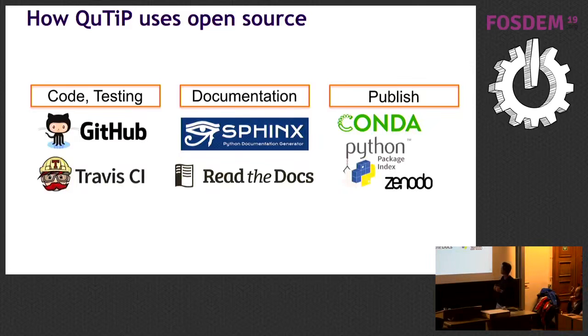Oh, sorry. And then we use Conda and PIP, the Python Package Index, to distribute the code. Because Conda has become a nice environment for distribution of scientific code. But recently we are also seeing some difficulties because QuTiP has all this C code which sometimes has difficulty in compilation on some systems. So we're even thinking, okay, can we move to something like Wheels or develop something which makes it even easier for people to use QuTiP and install it?